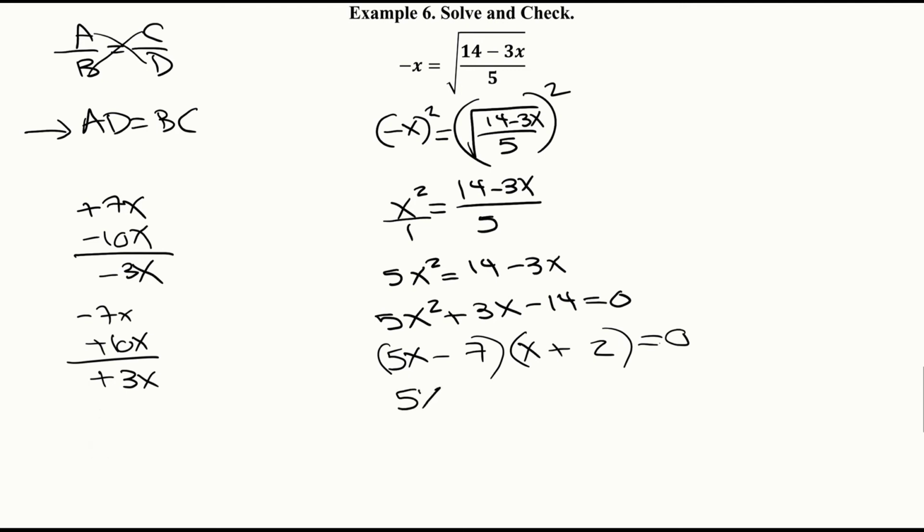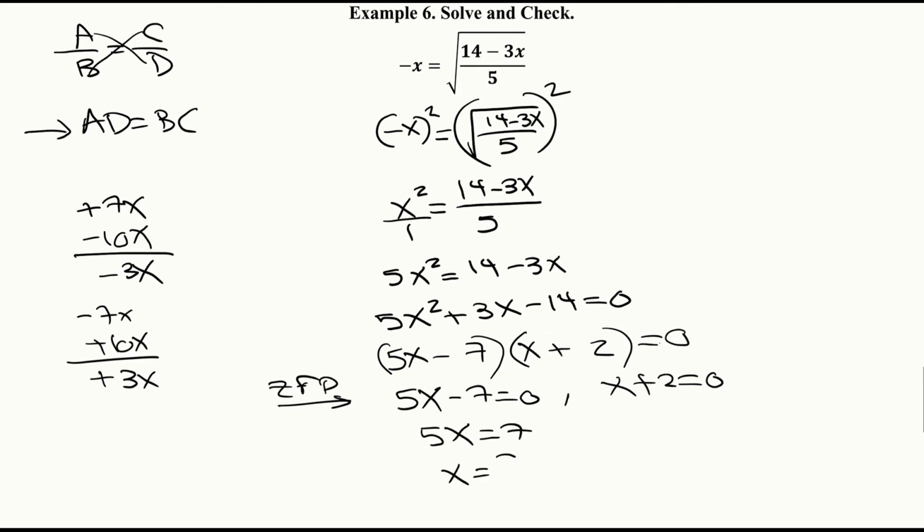So now we go ahead and set each one equal to 0 by the zero factor property, and we get 5x minus 7 equals 0 and x plus 2 equals 0. So 5x equals 7, x equals 7/5, and here we get x equals negative 2. So now we're going to go ahead and check both. So we'll check x equals